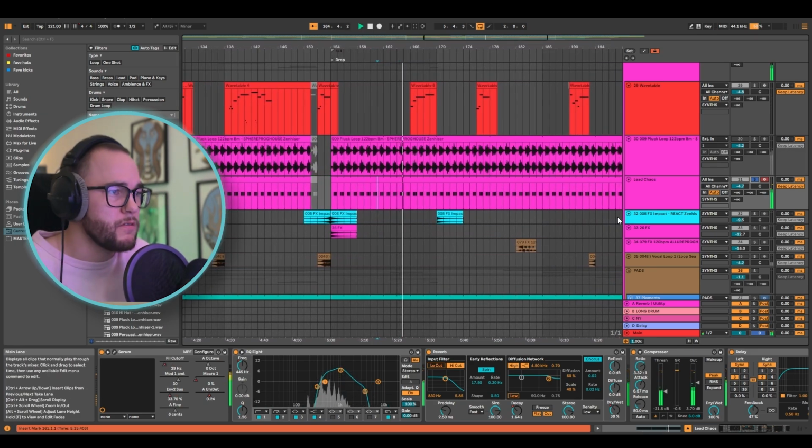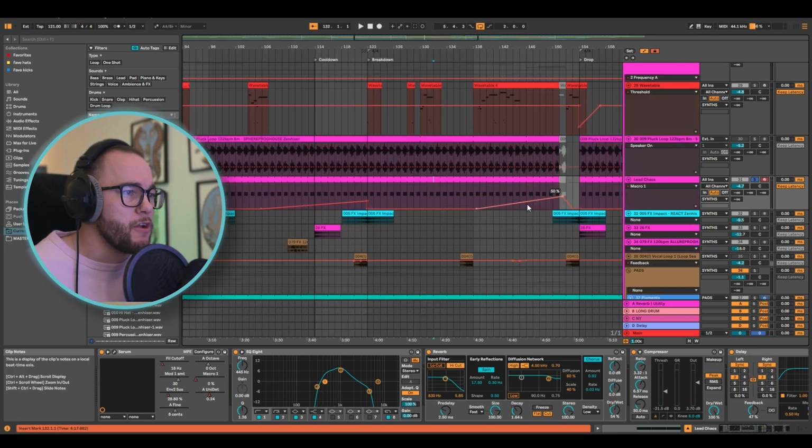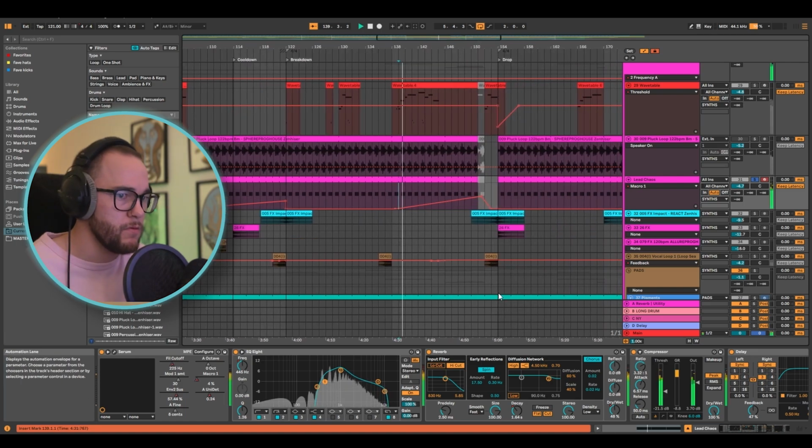I think it's pretty close. Mine's a bit more open sounding. I wanted it to punch through a bit better. And then what I did for the automation to make that really nice pitch rise,